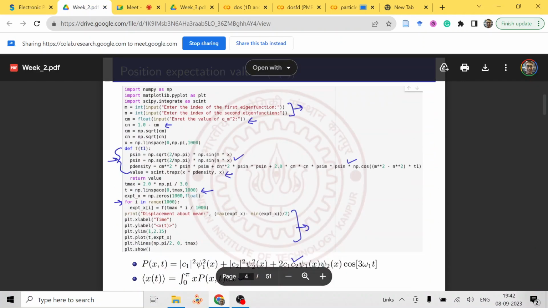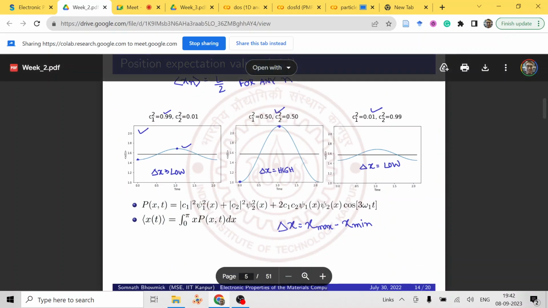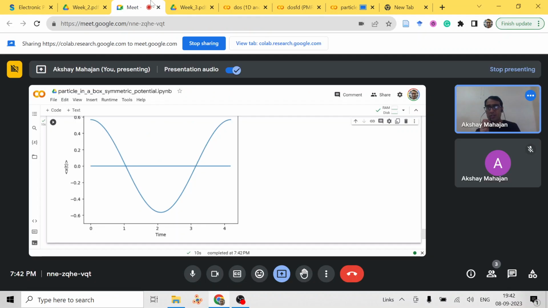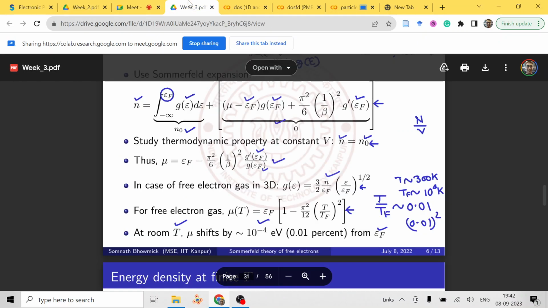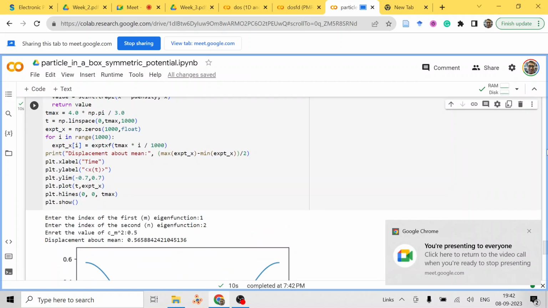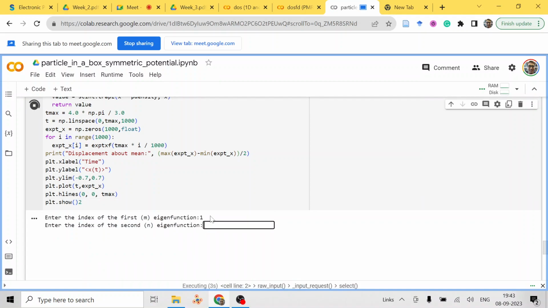And if you see, it is similar to what you got earlier. Okay, so for 0.5 and this 0.5, the expectation and delta x will be this. Yeah, so this is similar. So you can check out for different values. So 1, 2, 2,